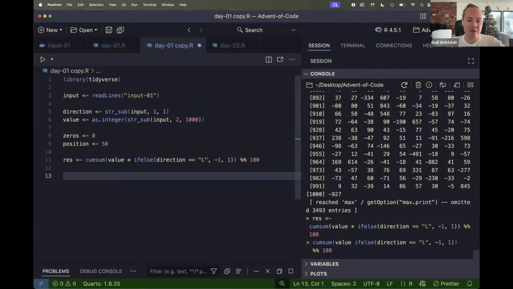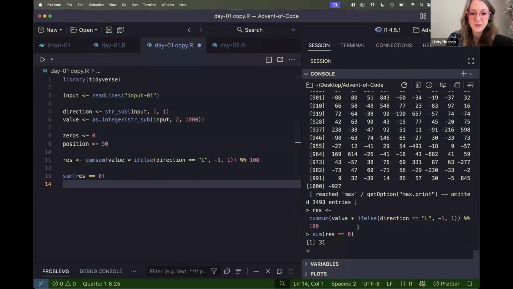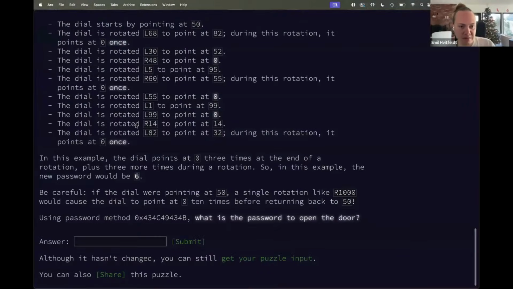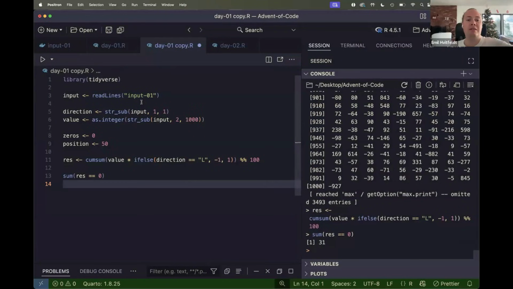Because then we can do sum of res equals 0. And that might not be the right number. Well, let's find out. That seemed too low. That's definitely too low. But let's say even if we did this version and it worked, which I'm messing up somehow, even if we did this,